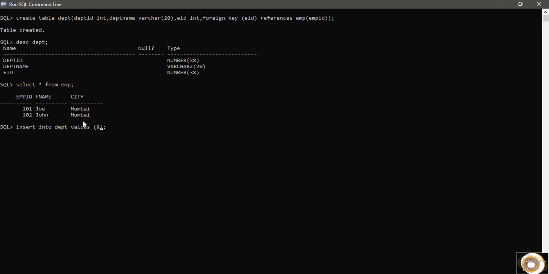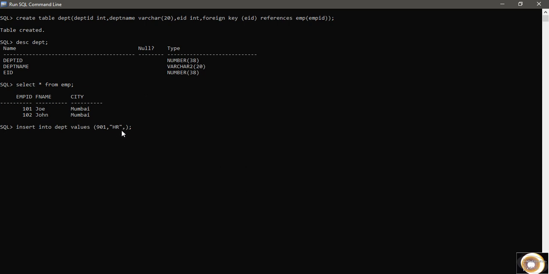Department ID, let's say 901. Department name, let's say HR department. Next is employee ID, and obviously the employee should be present in your employee table only. Whatever employee you will be allocating here to a department, he must have been registered with the company, so his name or his employee ID must be present in the database, otherwise you cannot put it here.